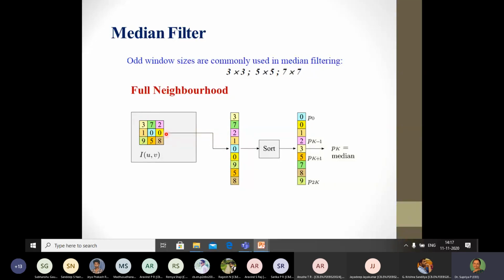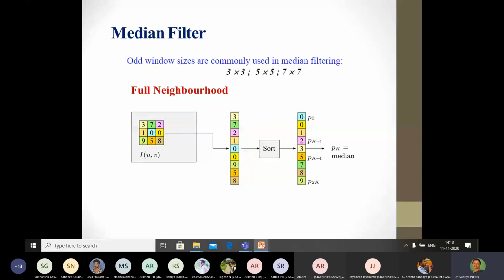Next question you will ask is, are we going to consider only 3x3? Why don't you consider 5 by 5? Naturally, we have considered 3 by 3, assuming that the median filter is going to be implemented as a mask of 3 by 3. If we wanted 5 by 5, we would have the central element and we would have 5 by 5 set of values, which means we would have 25 values.